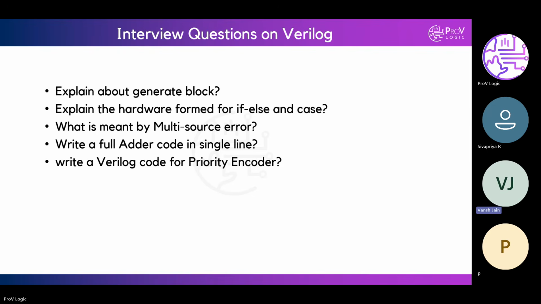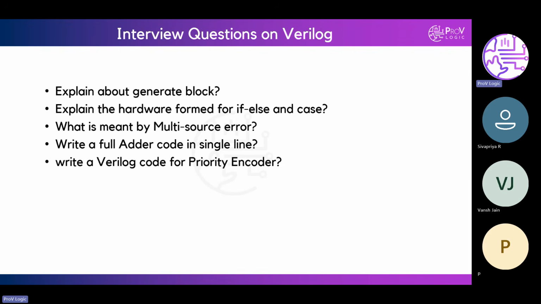Without a generate block, can we use if else? Yes, but not for instantiation. If we want to instantiate some block based on a condition, then we can use a generate block with if else. Yes, that's correct.